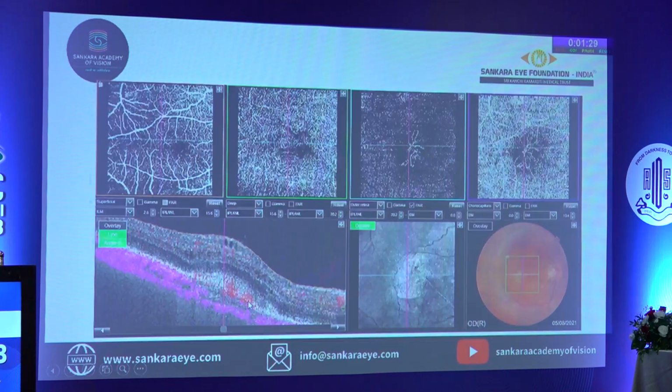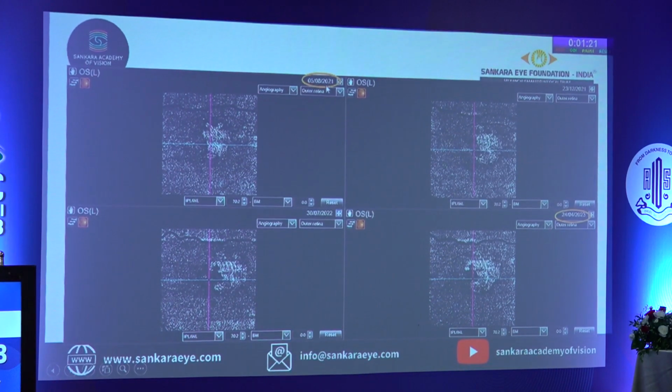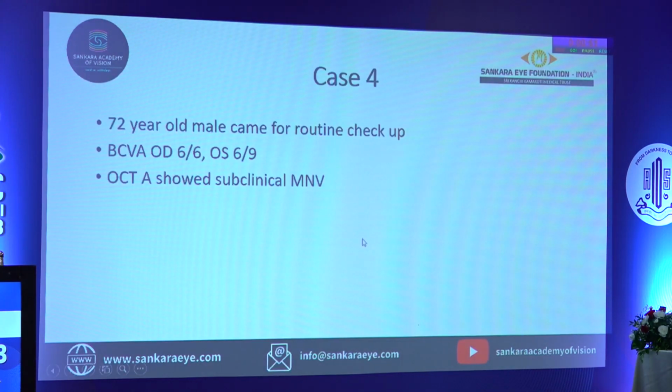This is the patient with the longest follow-up, and this is the eye showing the neovascularization. You can see August 2021 to April 2023, more than 1.5 years. Towards the disc, there is a growth of the CNVM, but there is no clinical activity. I'll show you this area where there was growth towards the disc. Here also the flow signal was there in the B scan, but there is no clinical activity on OCT.